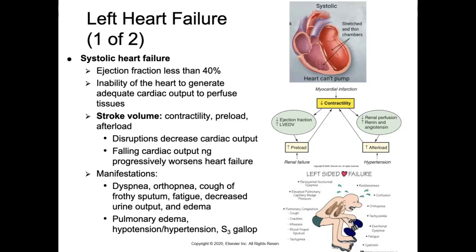So we'll start with contractility. This is typically reduced by diseases that disrupt the myocyte activity. And the most common cause of this is going to be a heart attack, a myocardial infarction. That contractility is decreased due to that. And then our stroke volume is going to fall, and the left ventricular end diastolic volume, also known as our preload, is going to increase. This then is going to cause a dilation, which we see pictured over here, of our heart,